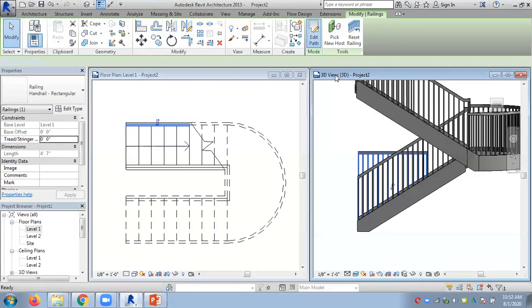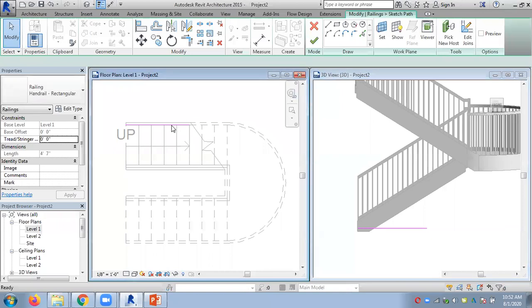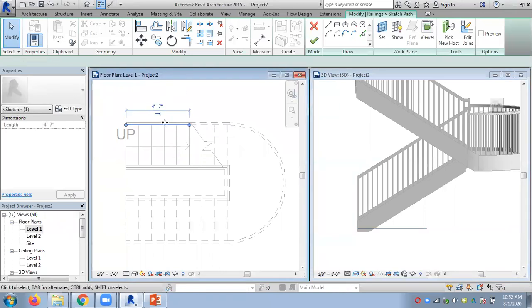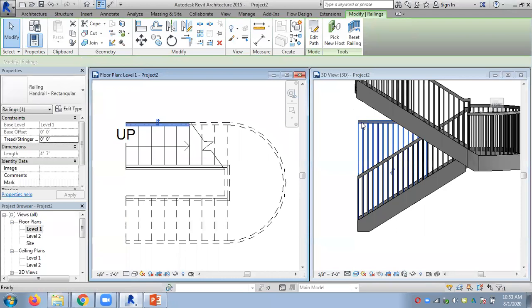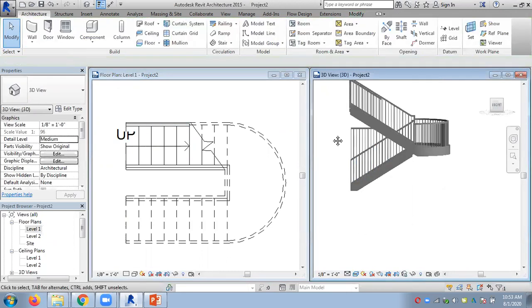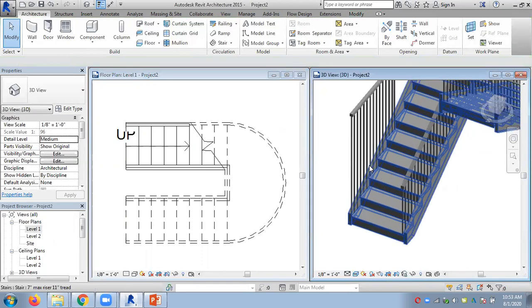So if you just come here and say this is flat, but I need to have a 2 feet offset. So the flat is there, and it will increase again 2 feet and have the railing top rail. So the flatness is there, but they are increasing 2 feet. The original height is increased by 2 feet. So these kind of settings are possible in the railing path.